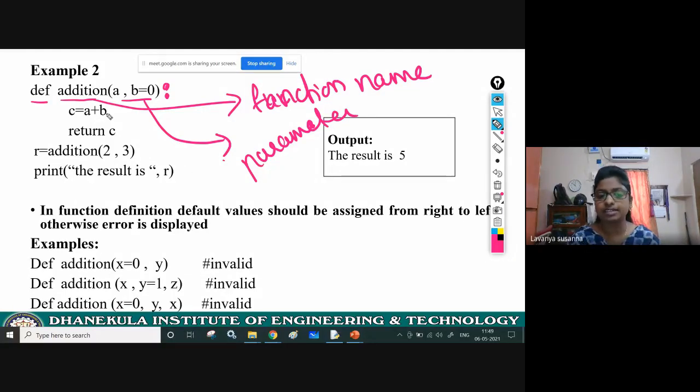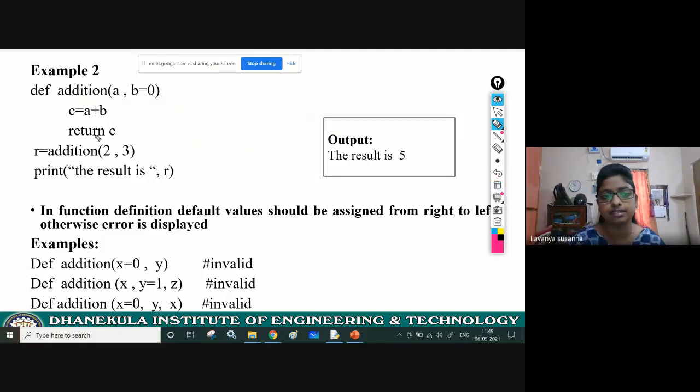Okay, if you write these statements after giving some spaces, that means indentation. You need to follow some indentation. After some indentation, if you give those statements, then all those statements belong to the function. See here, after some space, you have given these statements, right? All these statements belong to the function addition, okay?